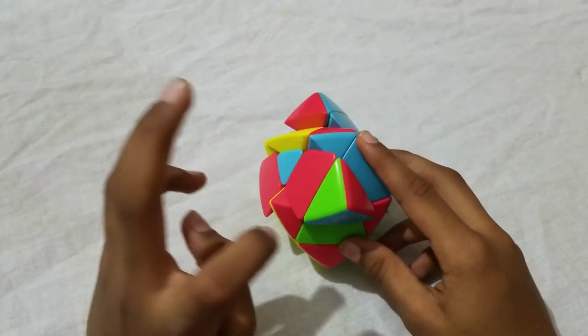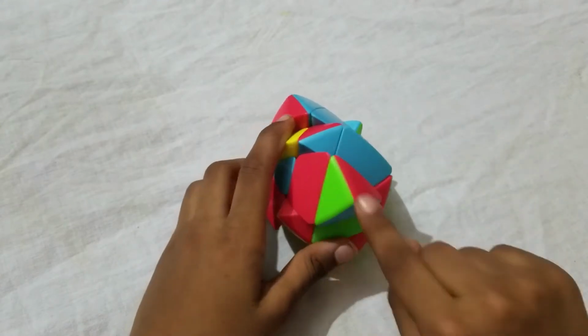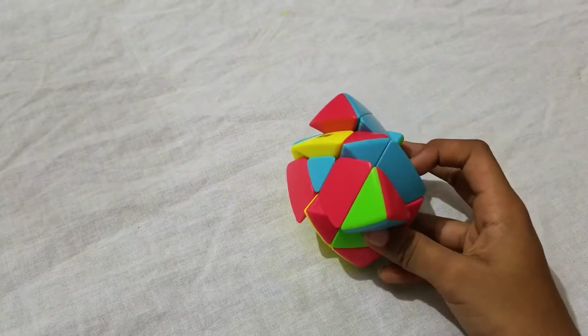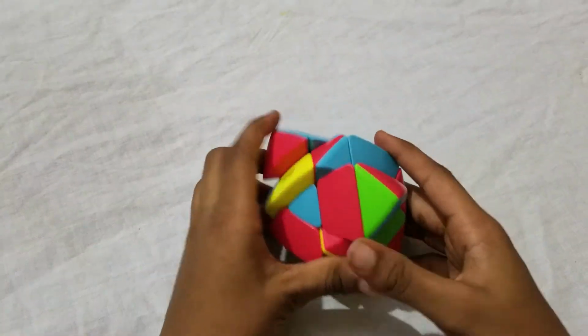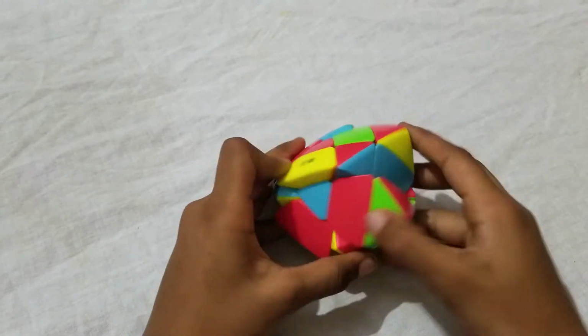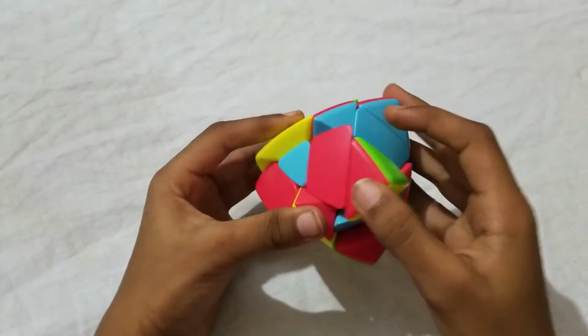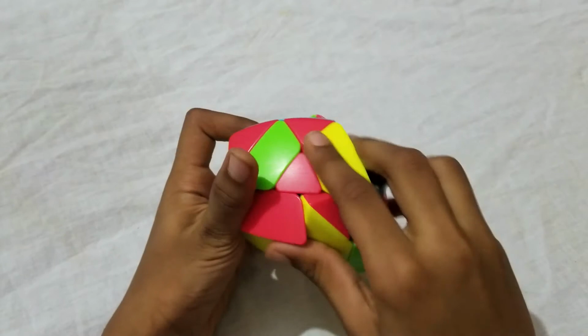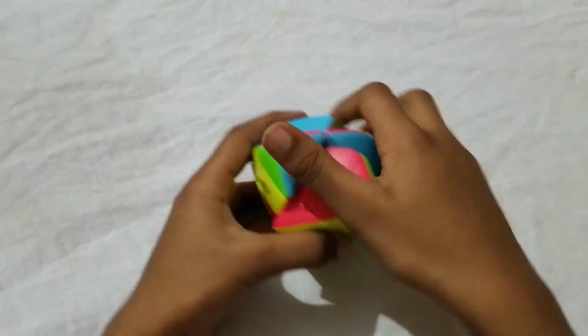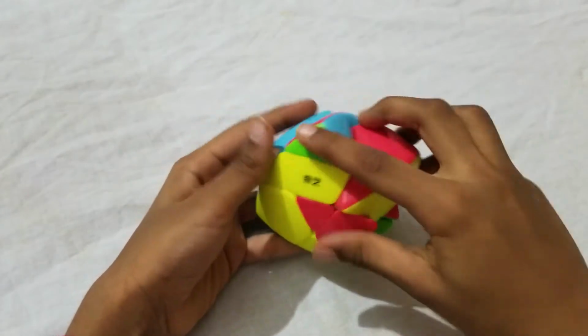So this should go here, which is the right side. It should go on the right side. So if it goes on the right side, you have to do the right side algorithm, which is U R U prime R prime U prime F prime U and F,